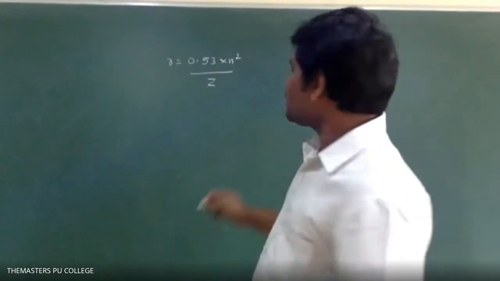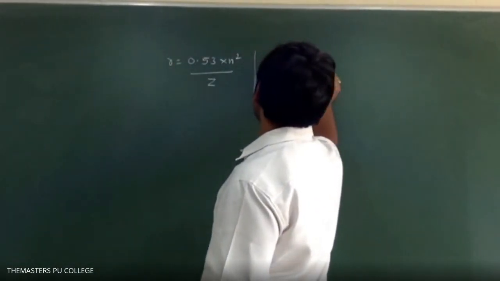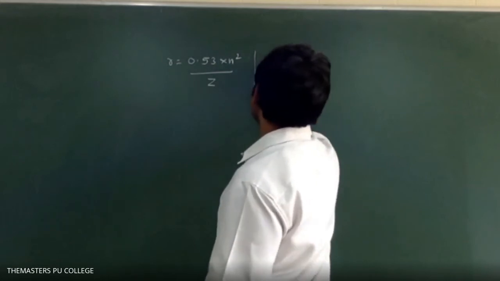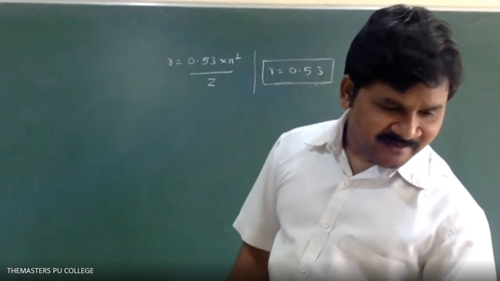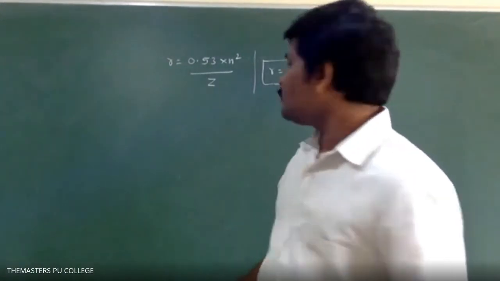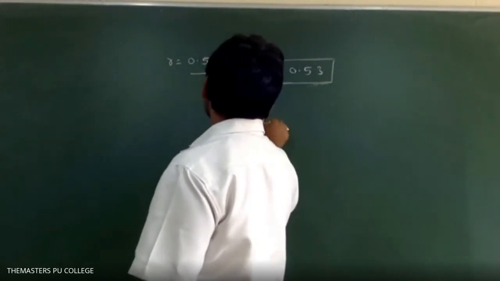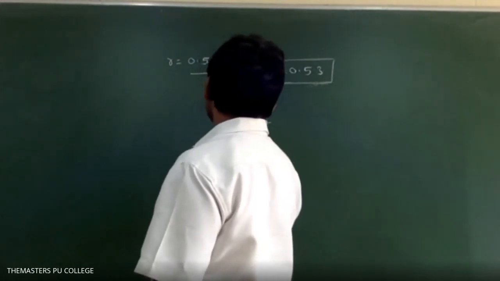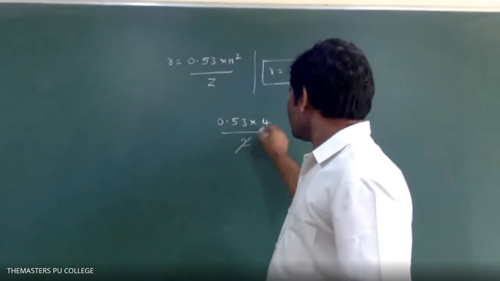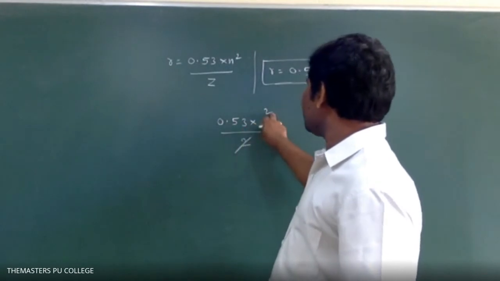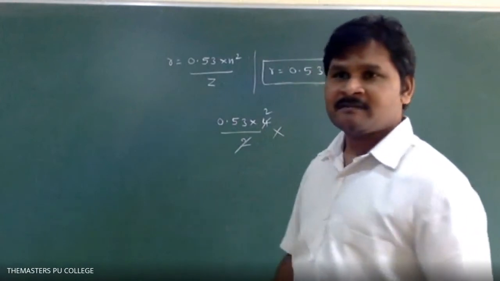See, actually, what is the formula for radius of Bohr's orbit? 0.53 into n square by Z. This value we want actually. Now, substitute the options that are given. He+, n is equal to 2. Then 0.53 into 4 divided by, He means atomic number 2, yes. 0.53 into 2, not the same. So that's why it is not the correct option.